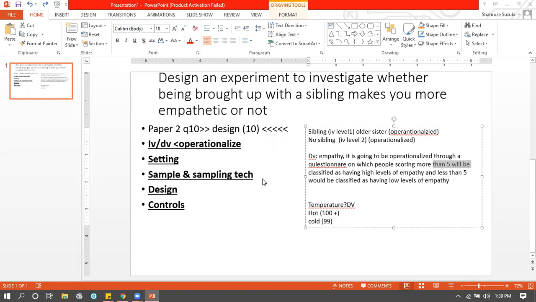So moving on, after you operationalize the IV and DV, now you're going to have to tell me the setting. Where is the experiment going to be conducted? So where are you going to conduct the experiment? Whether having a sibling,